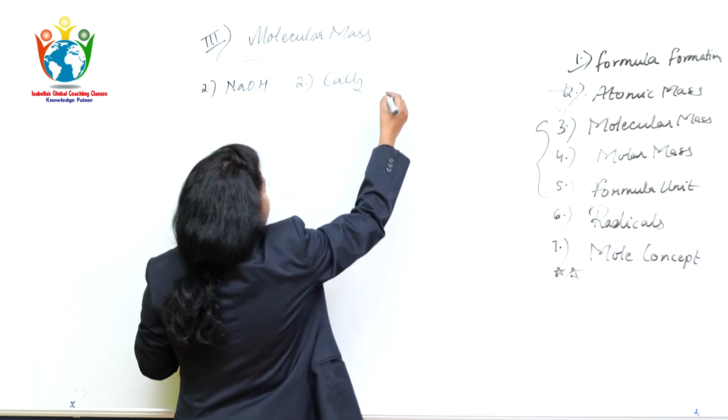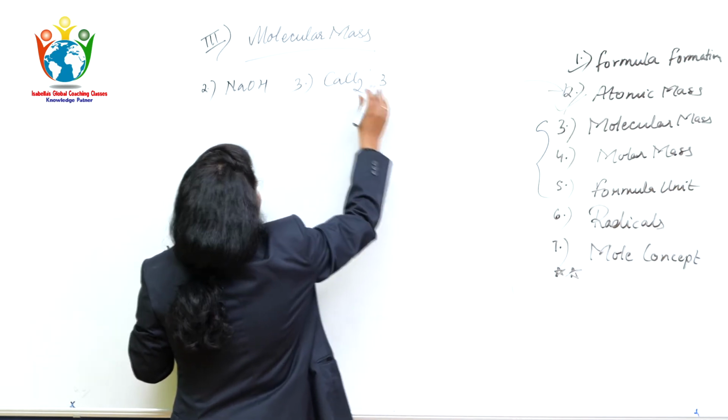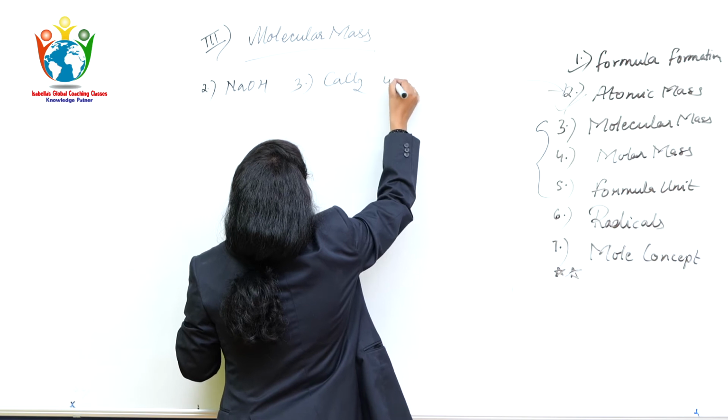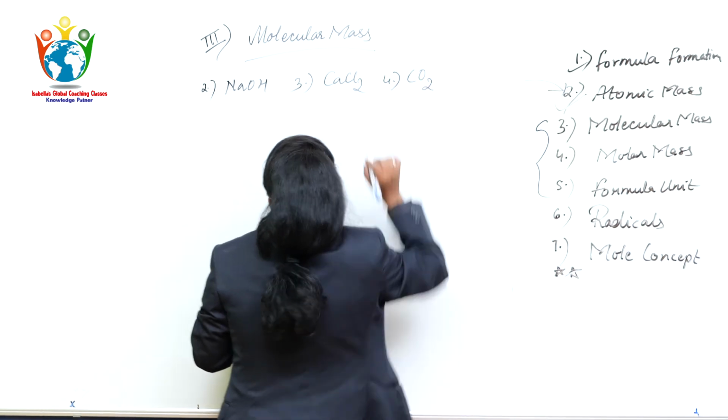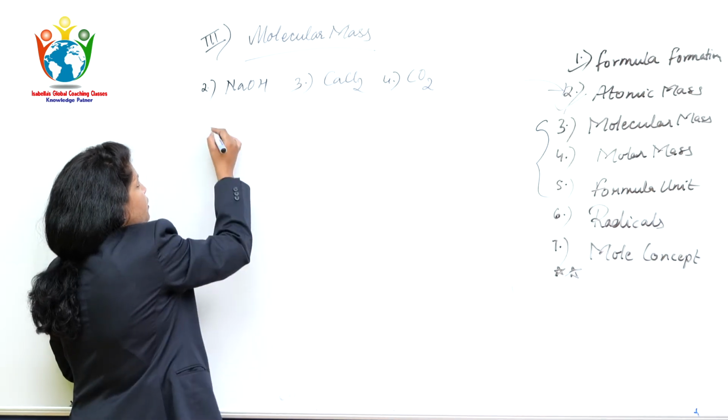CaCl2, that is calcium chloride. Third, I'm so sorry, I'm labeling things wrong. Fourth, okay, that is carbon dioxide. Okay, we'll solve these three questions one by one. First one, second we'll take